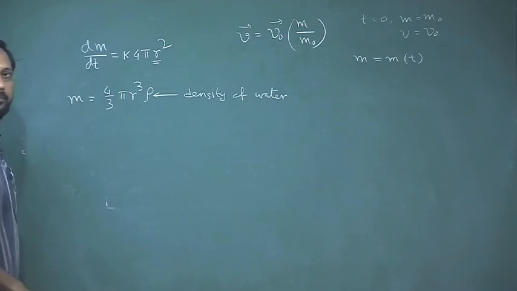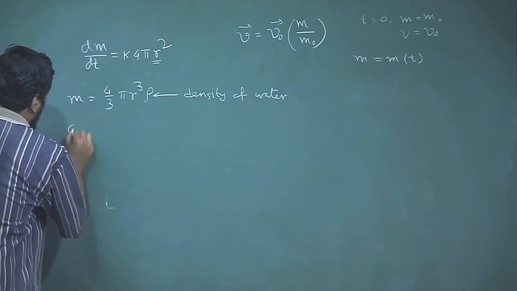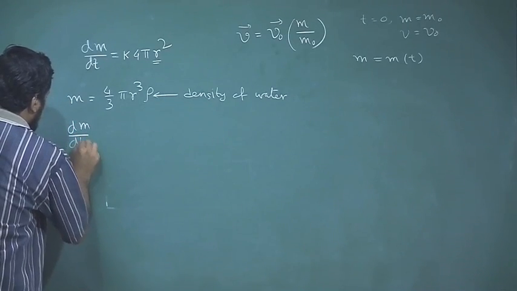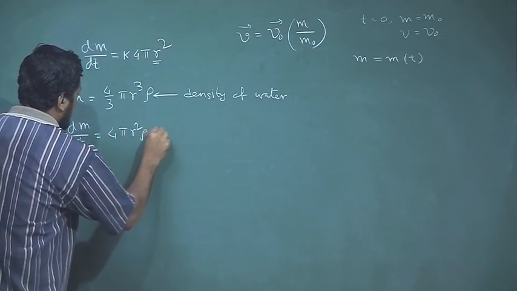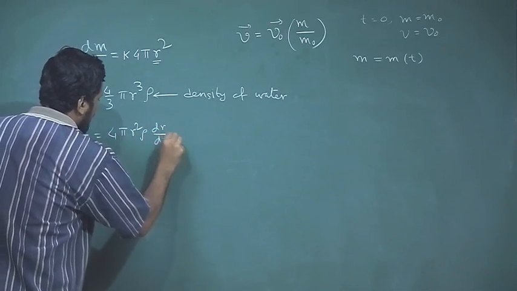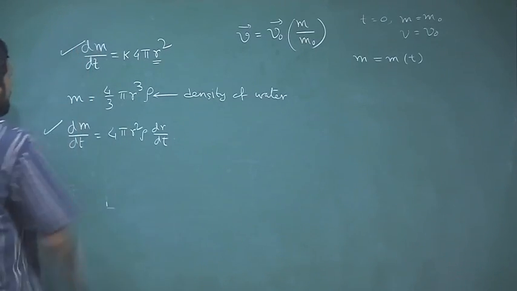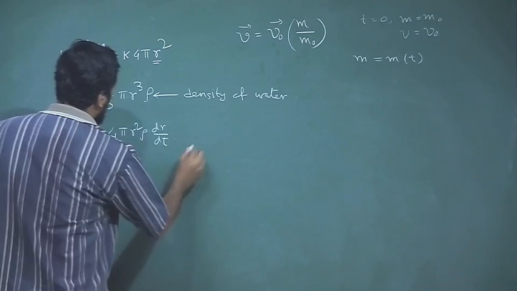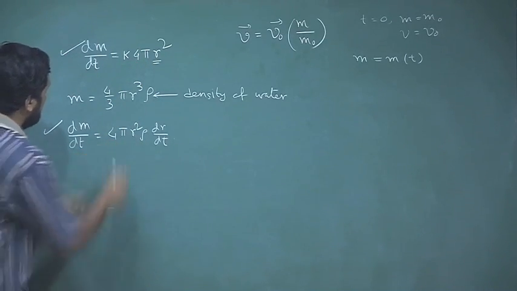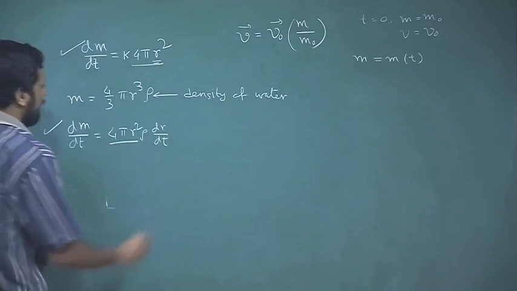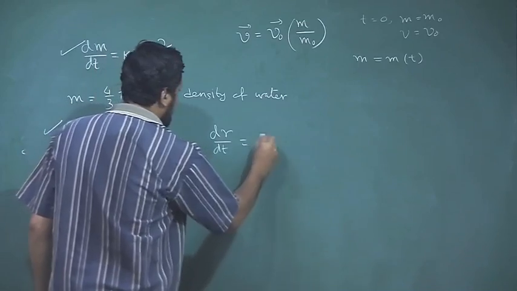Okay, fine. Now, if we do that, we can also get an expression for dm/dt as 4 pi r squared rho dr/dt. Now, if we compare this expression with this one, we immediately see that the 4 pi r squared cancels out. So, this whole term cancels out, leaving behind dr/dt is equal to